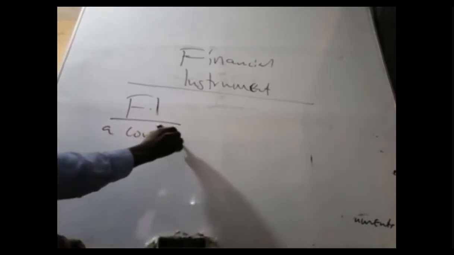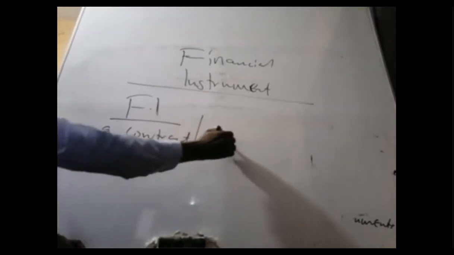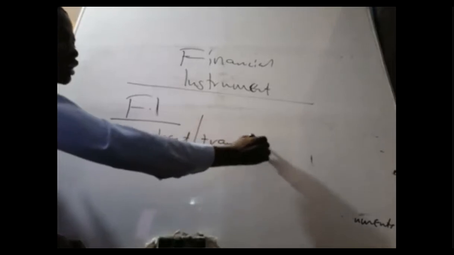So a financial instrument simply means a contract or transaction or a relationship